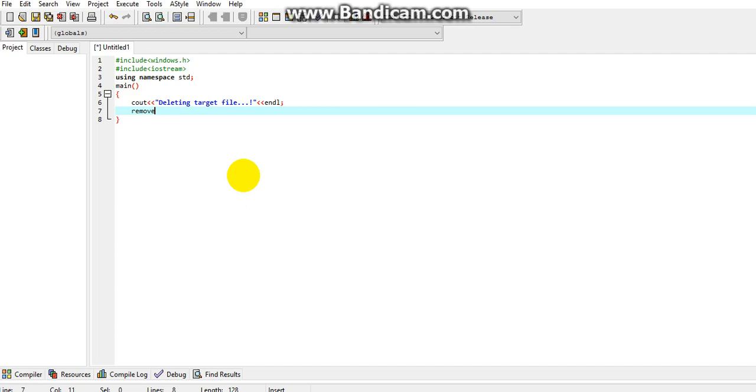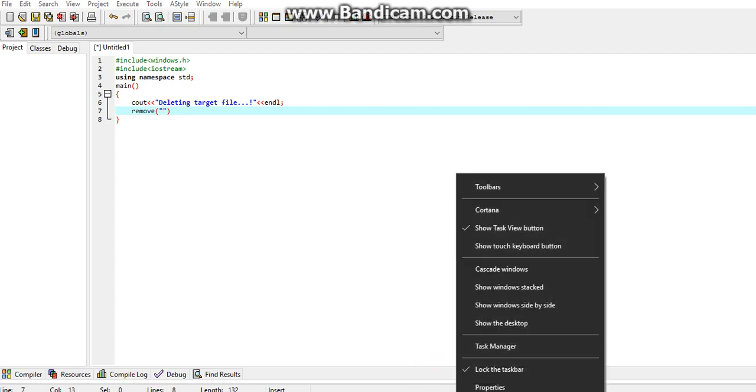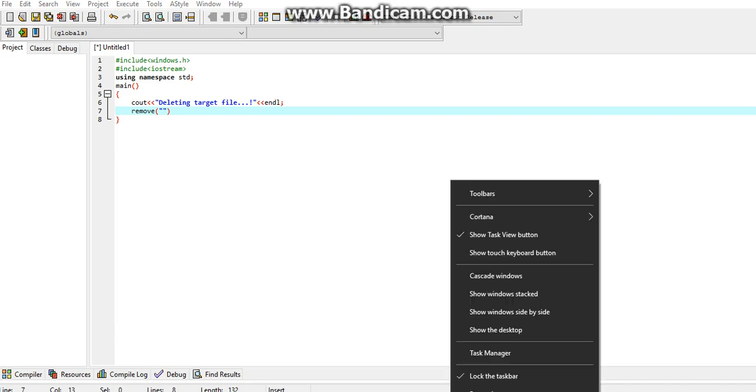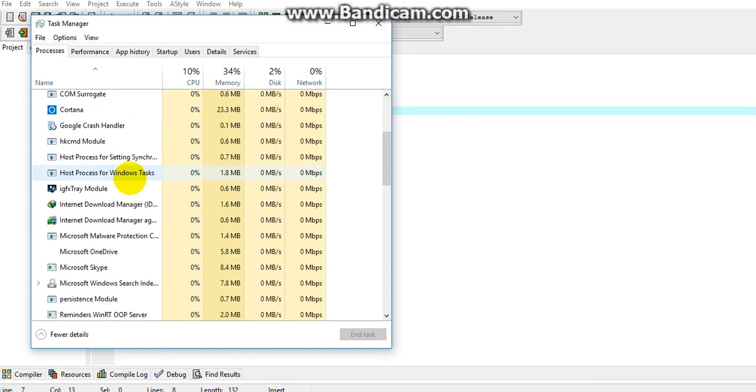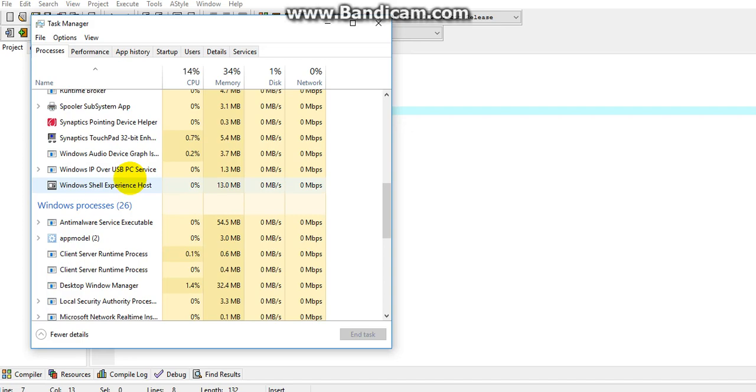After writing remove, you have to write parentheses, then inverted commas between the parentheses, and that's the place where you put the location of the file which you want to delete. For example, if it's a malware, open Task Manager by right clicking on the taskbar, and you can see many programs running on my laptop right now.